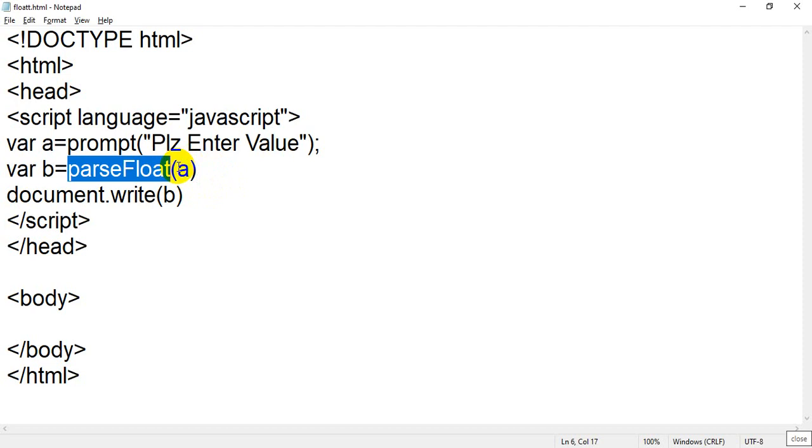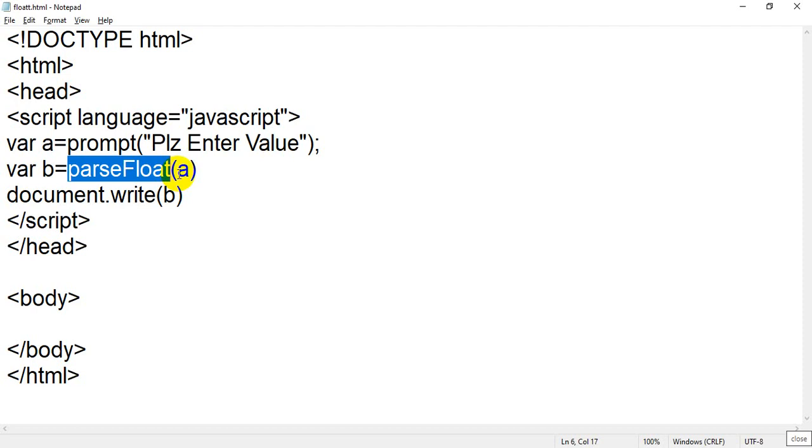Students, again I am trying to explain the basic part of the parseFloat function. It will accept a string and start reading from the first character of that particular string. If the first character is a number, then it will read it and move to the second character, and if the second character is not a number, it will display the first character only.